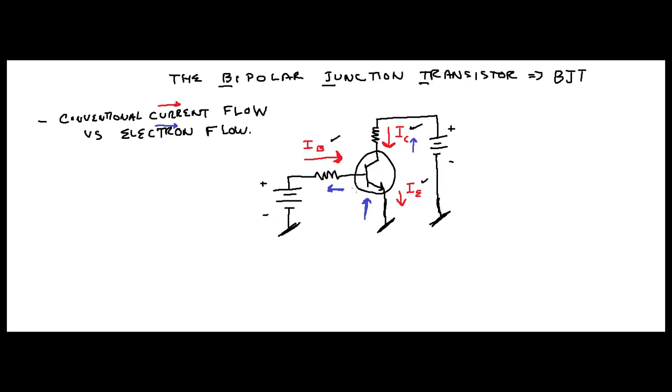Now, when you put a BJT in a circuit, most times you don't use electron flow. You use conventional current flow. That is in red. So conventional current flow is simply the exact opposite of electron flow. So most times what you're going to see is